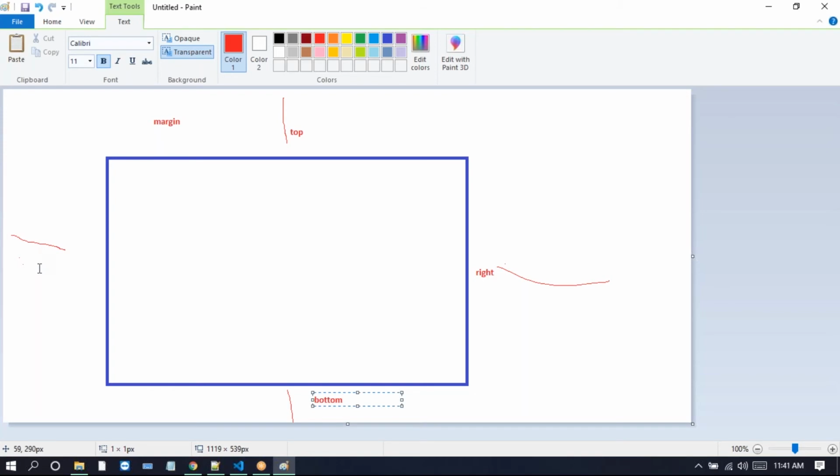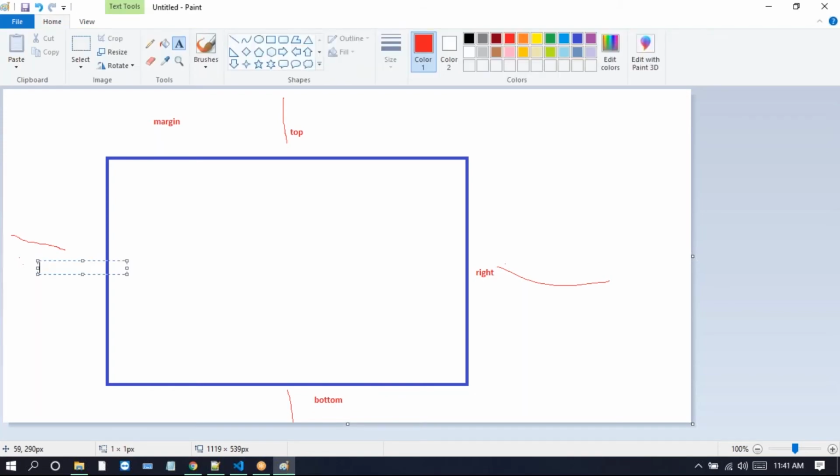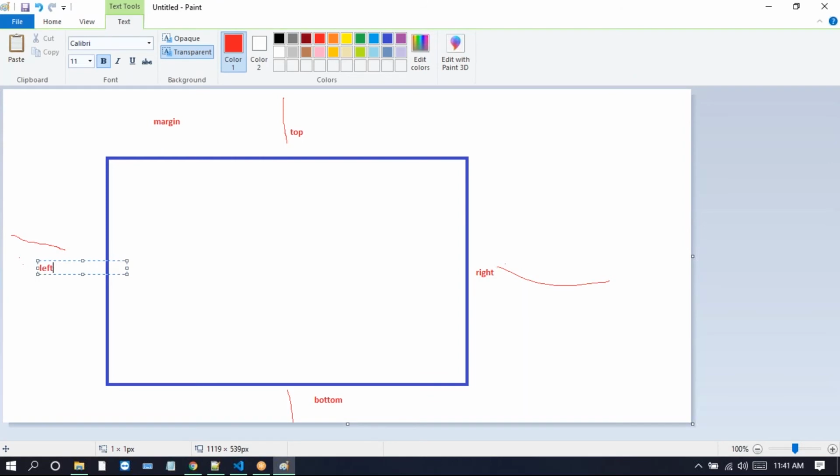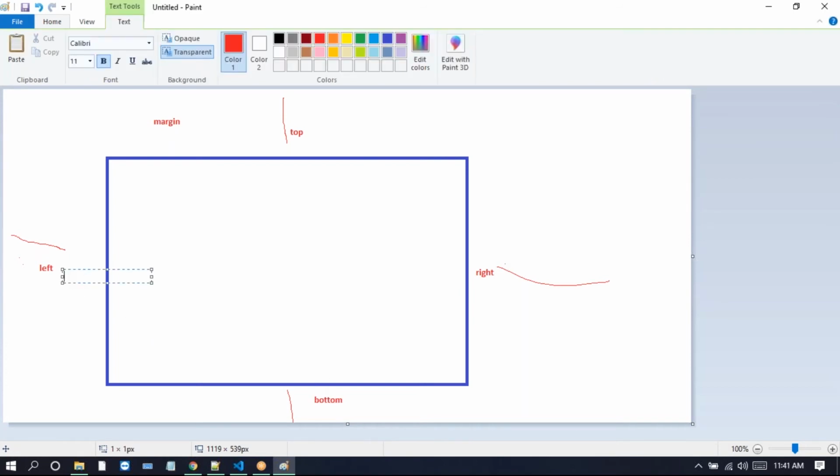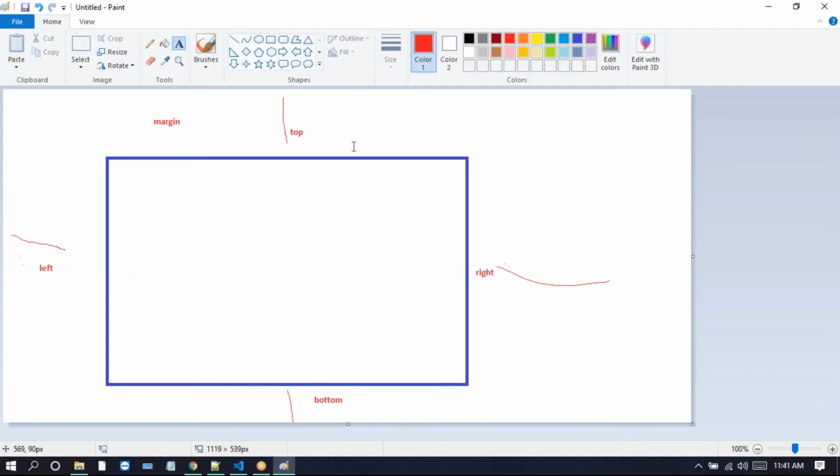So here, this is the top position, and this is the right position, and this one is called bottom, and this one we can call left. So the outer space is the margin, and combinedly we call it margin top, margin right, margin bottom, margin left.